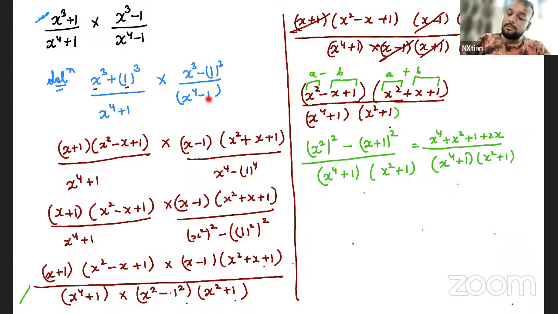Now 1 to the power of 4, the answer is 1, so I just wrote 1 to the power of 4. Why? Because I split this power 2 into 2, 2 into 2. So it becomes a square minus b, this whole b square. Okay, so what is the answer of this? A minus b, which is a is equals to x square. So a minus b is 1 square, b, and a square plus b square. A plus b. A minus b, a plus b.